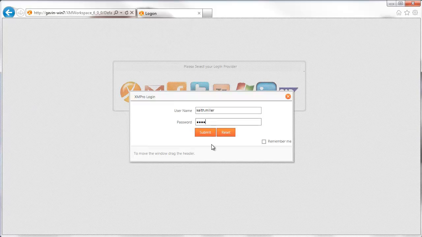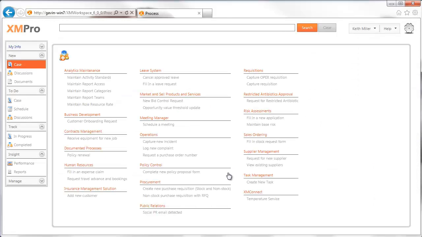So I'm going to log in as Keith Miller, and Keith needs to start the bid management process within our organization. So there's a new bid control process. This is for a large-scale tender, and before we can do that we actually need to put together a bid